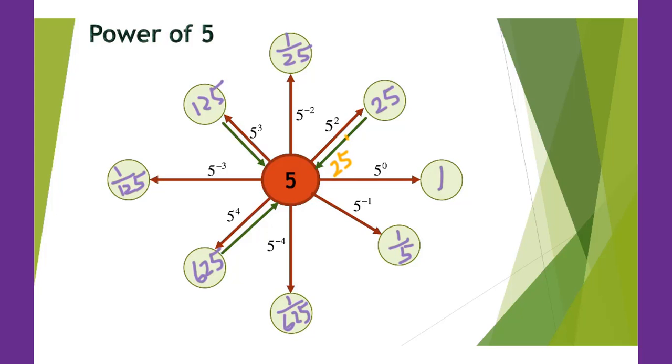25 to the 1/2 power equals square root of 25. That equals 5. 125 to the 1 over 3rd power, that equals cubic root of 125 equals 5. 625 to the 1 over 4th power equals 4th root of 625 equals 5. Try to remember those numbers in exponential wheels, such as